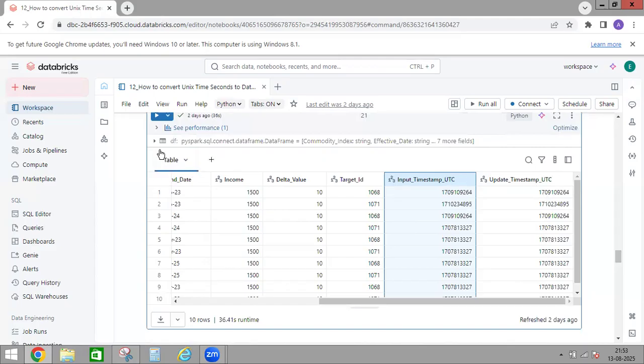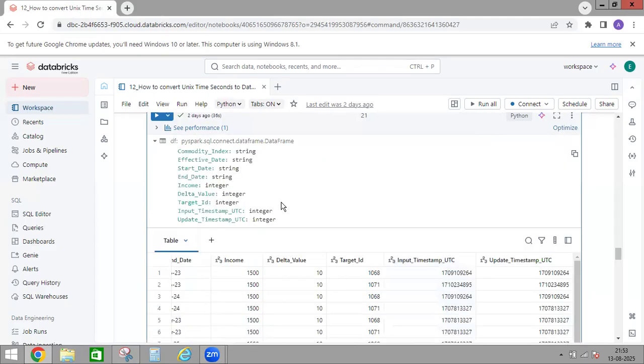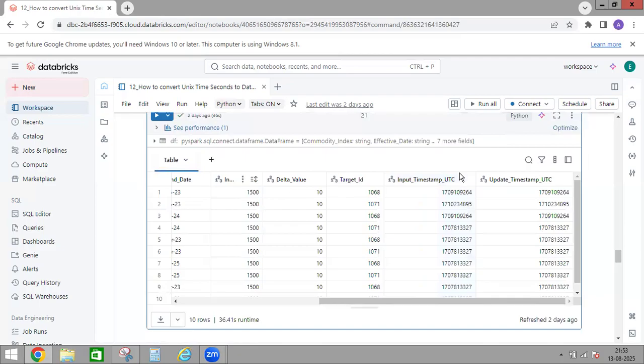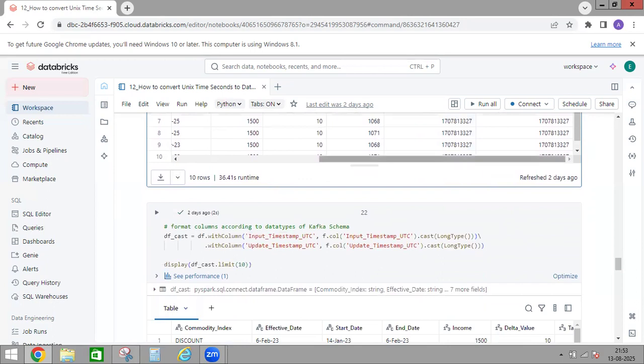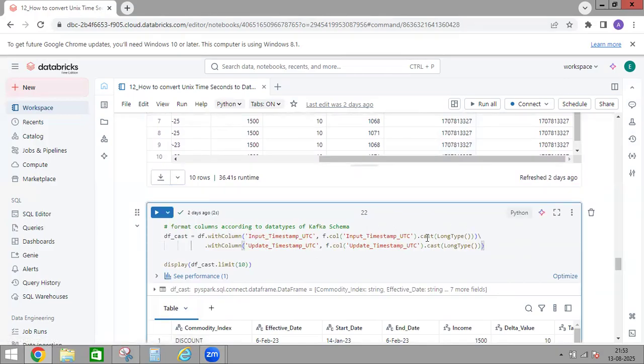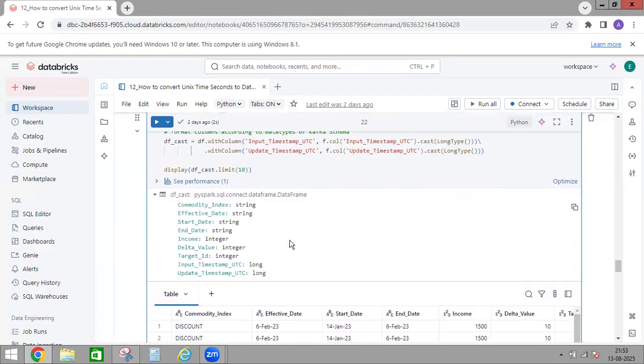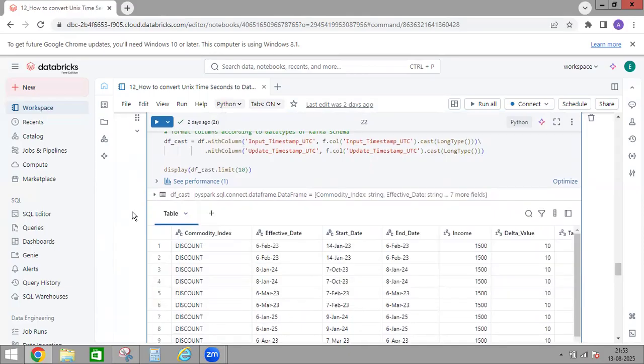These are timestamps in seconds. If you see the data type, by default it is read as integer, and it has 10-digit numbers. That means this is a timestamp value in seconds. Since these two are integers, I'm changing them to long data type. By using cast, I'm changing these two columns to long, and you can see the data type got changed to long. Now on top of this,